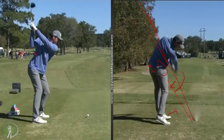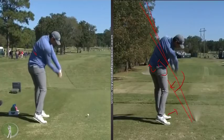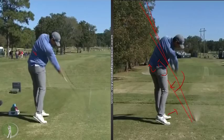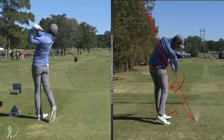So you can see that's pretty much out in front of him there. And if you're going to be that late, you're going to have full extension out there, but I'd rather see that thing move around to the left a little bit more. But anyway, very interesting